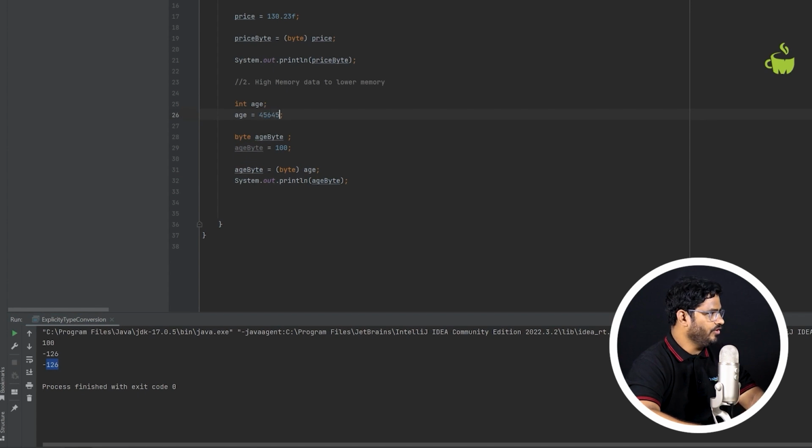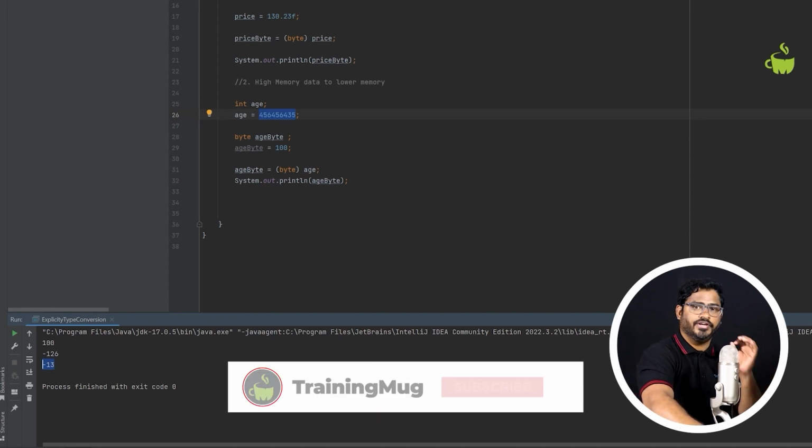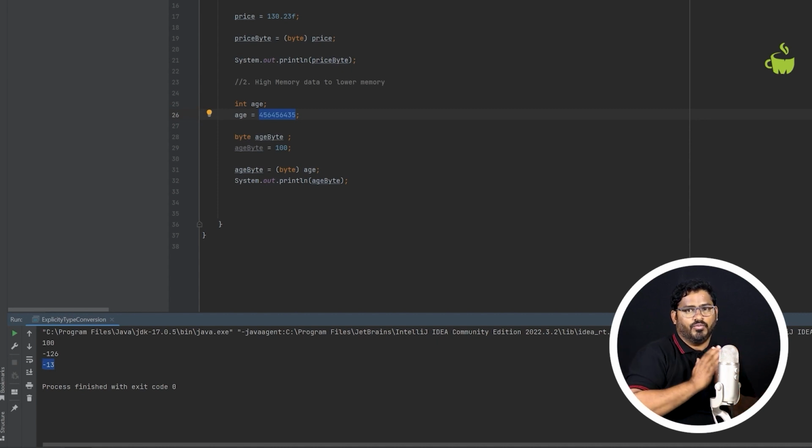Suppose I give a huge value, within the int range, and save it. Let me run this. You see it is now going to give some value within the range of minus 128 to plus 127. The entire 4 bytes of data shrink into 1 byte and ultimately give you some value after the bit operation, which is minus 13. So you have to be very careful when you're doing an explicit type conversion. Only if it is required should you do it. This way you convert one type of data into